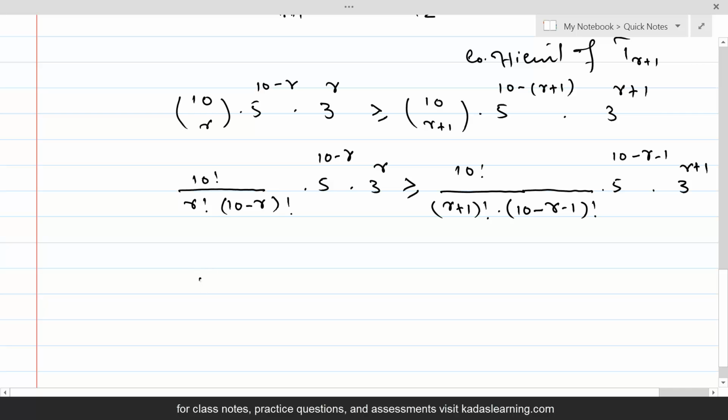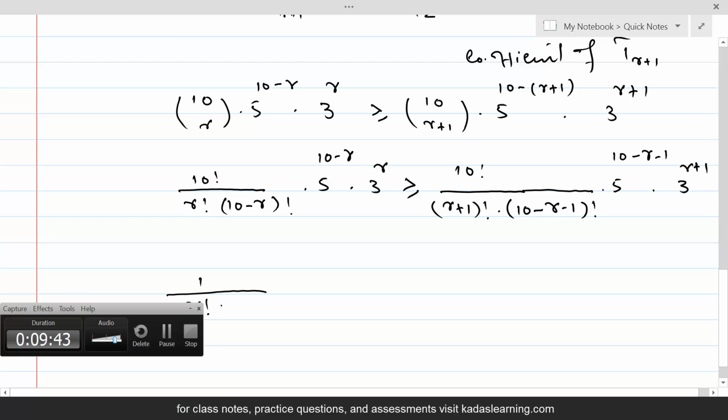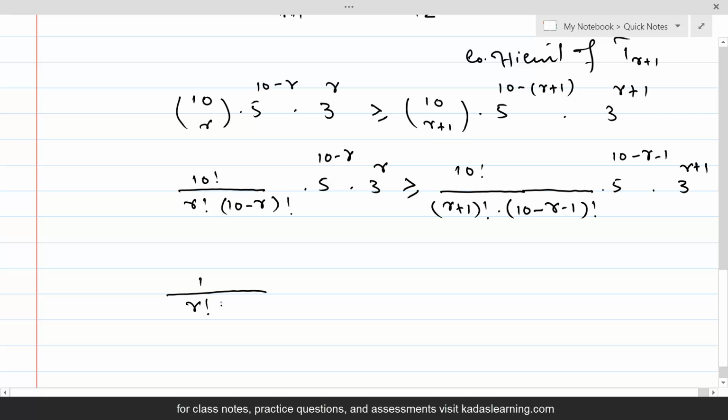So there is absolutely nothing on the top except 1. And on the bottom, here is r factorial, and on the other side it's r plus 1 factorial. So let me write down this r factorial times, instead of 10 minus r factorial, I will write 10 minus r into 10 minus r minus 1 factorial, and